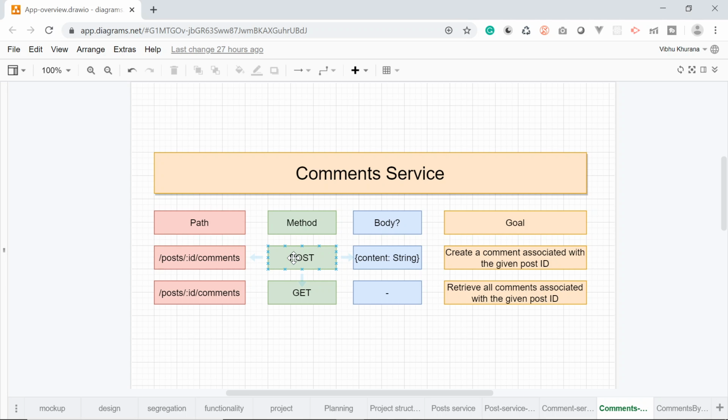You can notice that inside the path right here, we are going to make a request to post slash then ID of the post that we are going to associate this comment with. When we make a post request, we are going to have a body that has a content property of type string. So content is going to be the actual text of the comment itself.